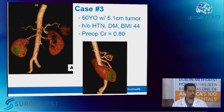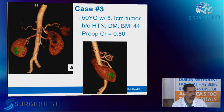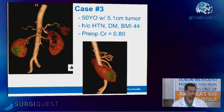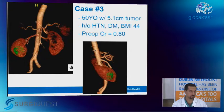Could you make an argument in this situation for just doing a radical nephrectomy? Certainly when I was in training, when we saw tumors like this, we did a radical nephrectomy almost all the time. So would you do a nephrectomy in this guy, or would you say, well, he's hypertensive, diabetic, he's relatively young? Yeah, I would do a partial nephrectomy because I think it can be done technically, and I think the